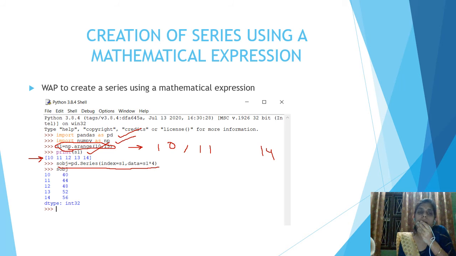Here the index is s1, so the index values are 10, 11, 12, 13, 14 and the data is s1 into 4, means we multiply s1 by 4. So 10 into 4 is 40, 11 into 4 is 44, 12 into 4 is 48, 13 into 4 is 52 and 14 into 4 is 56. So this series object is created using a mathematical expression, and for the mathematical expression we have to use a numpy array.